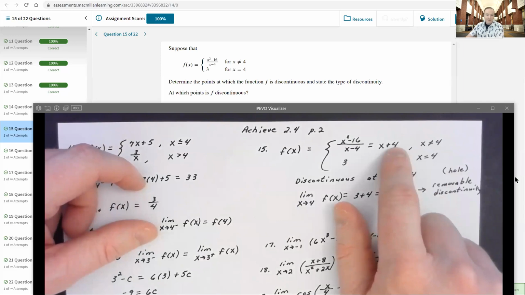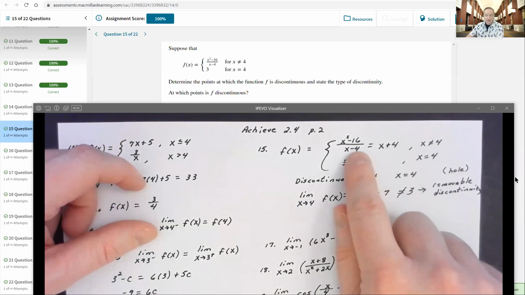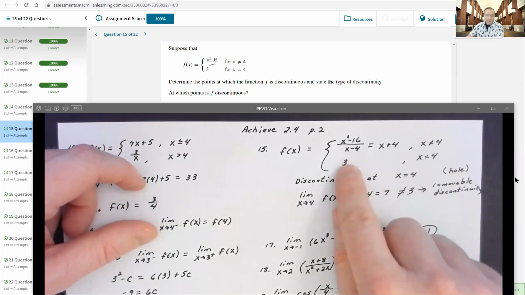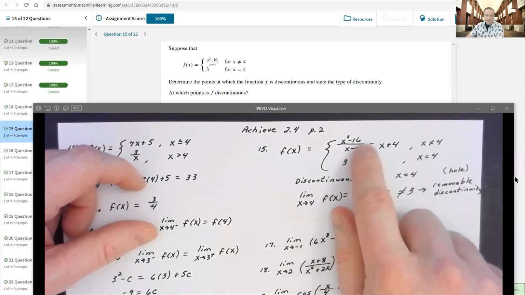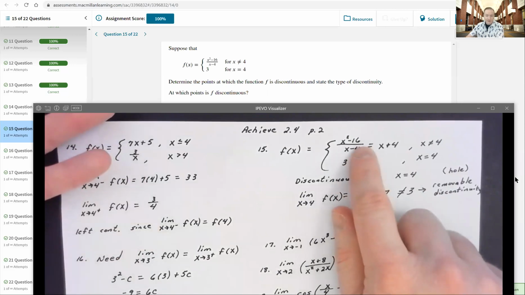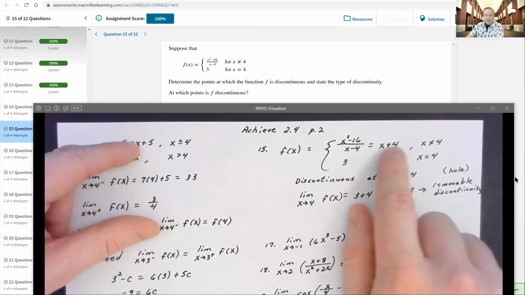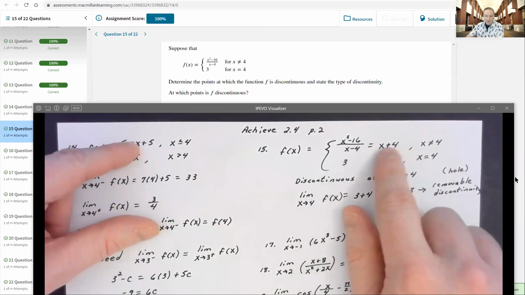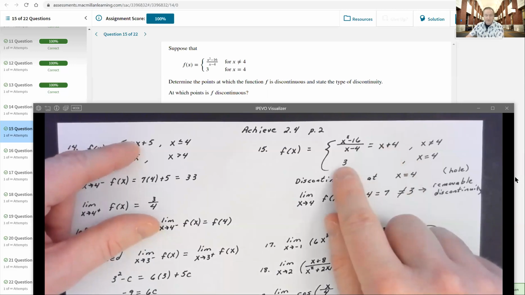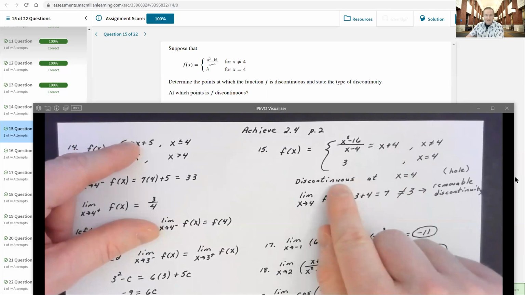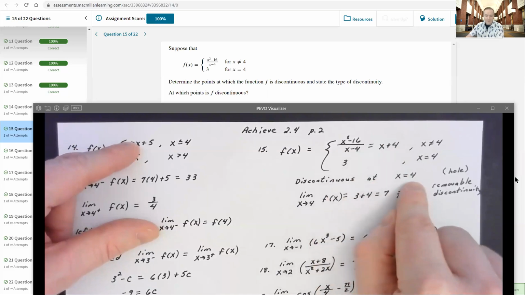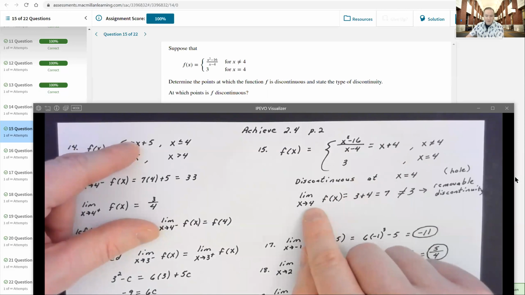Now, we know that there is going to be a discontinuity at 4 unless this fills in the hole in the graph that would exist there. Does it fill the hole in the graph? I can say no. How do I know it doesn't? Because if I plug a 4 into what this function simplified down to, the y value needs to be 8. Well, this is not a y value of 8 down here. So I'm saying it's discontinuous at x equals 4 because the limit as x approaches 4,